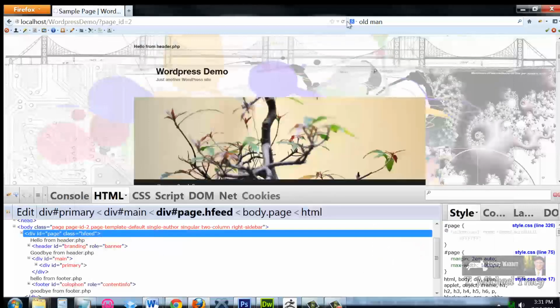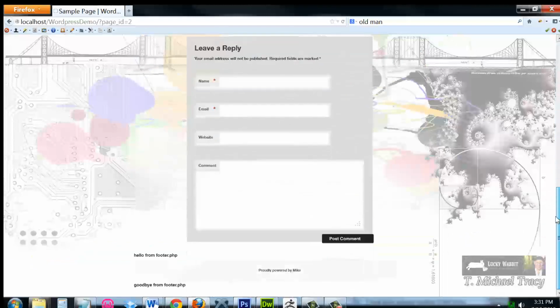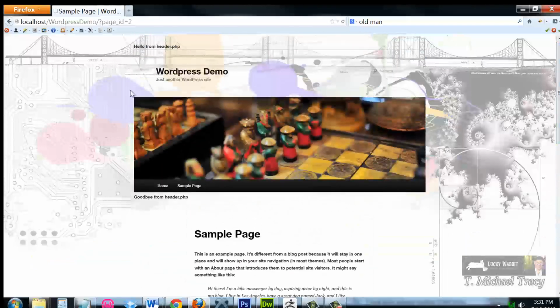Save. Refresh. And now my website is, the elements are transparently laid on top of the background. Okay, a good start. But what I want to do next